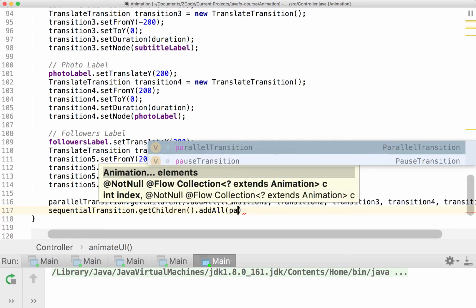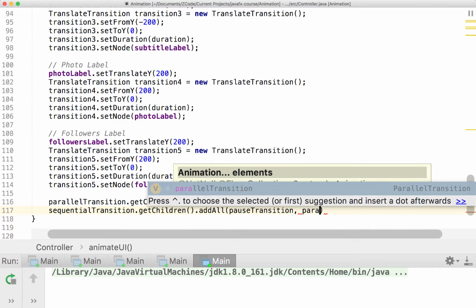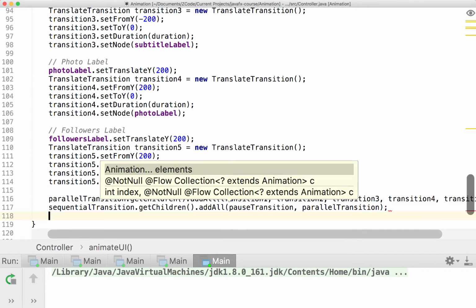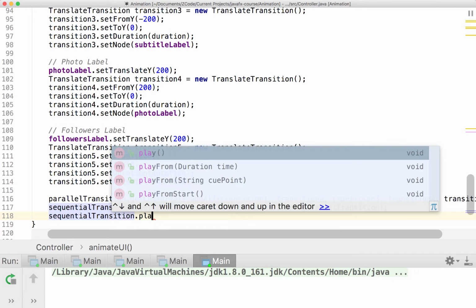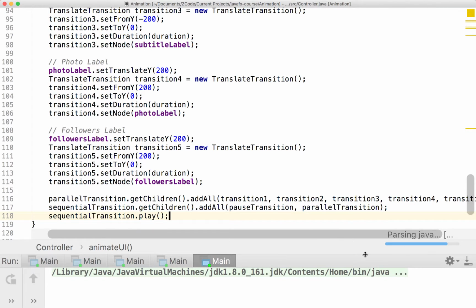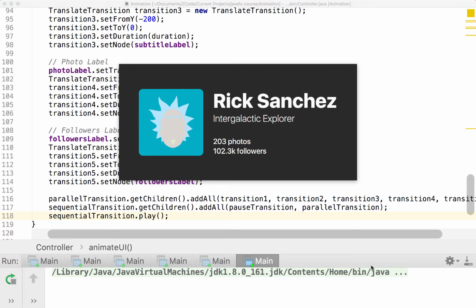So this one, we're just going to add in the pause transition and then add in the parallel transition to go right after that. All that's left to do is just hit play. So let's check it out. And ta-da, we have a nice animation that brings in all the elements from the outside and looks really nice